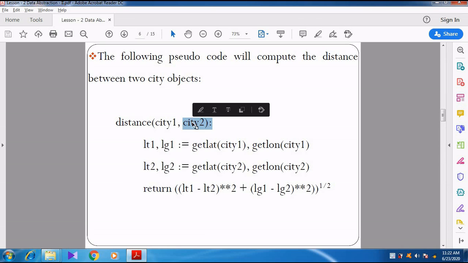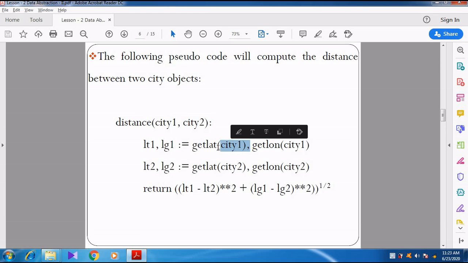After getting the values of city 1 and city 2, the values are passed to get latitude of city 1 and get longitude of city 1, and then assigned to LT1 and LG1. Here they have given colon equal to.